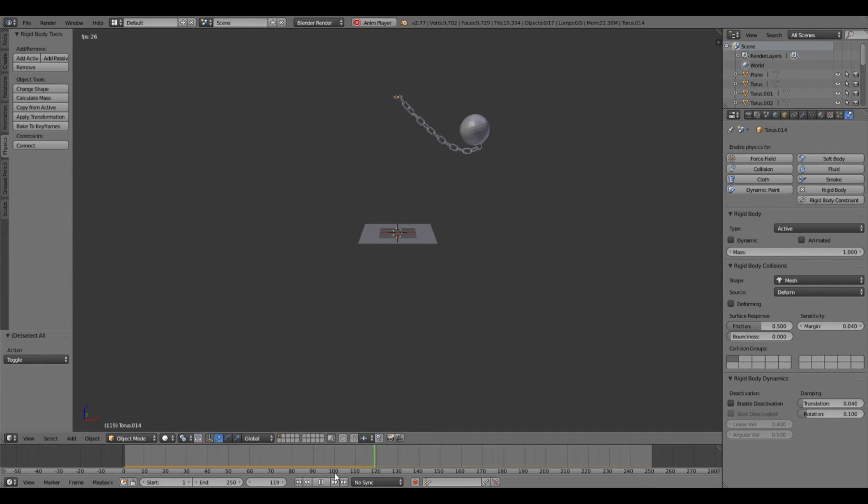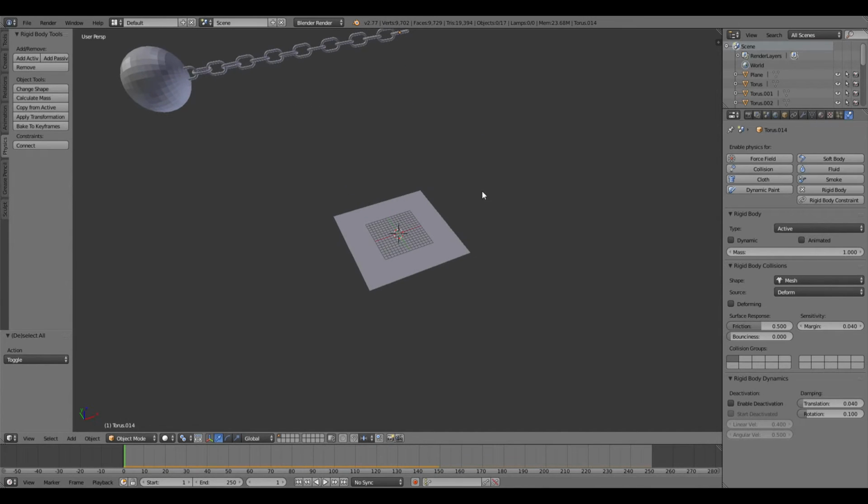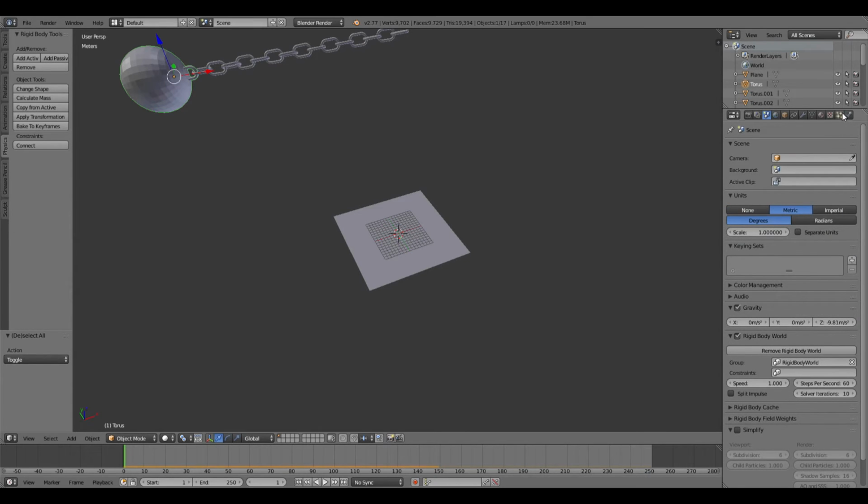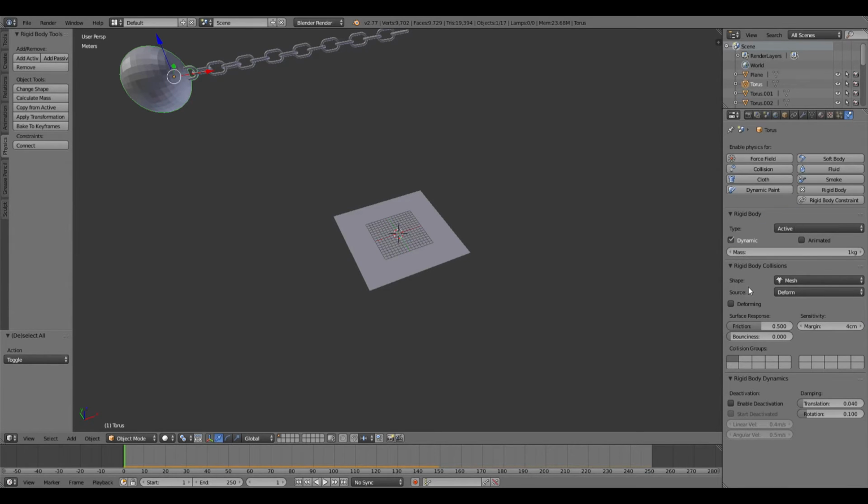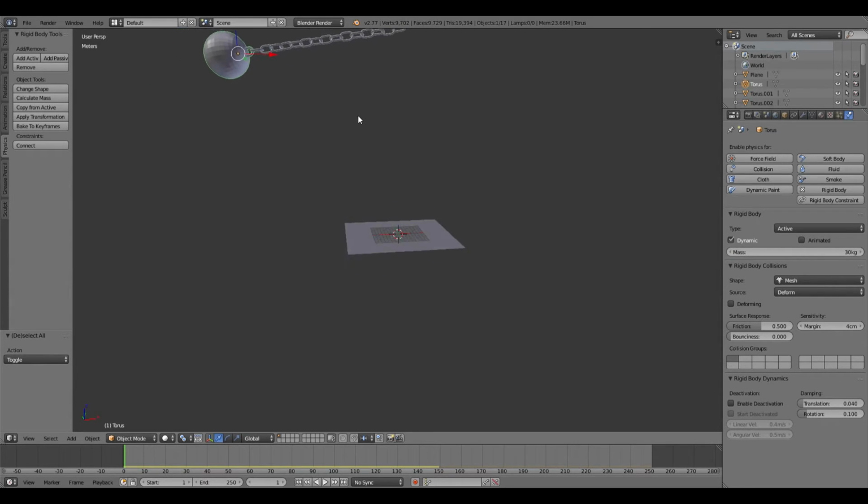You can see how it swings, but if you look at the wrecking ball right now, if you turn on the metric system, and now when you go to the physics tab, you can see the mass is only 1 kilogram, which, I don't think a wrecking ball weighs 1 kilogram, so I'm just going to change this to 30 kilograms. And now, if we watch it swing, you can see